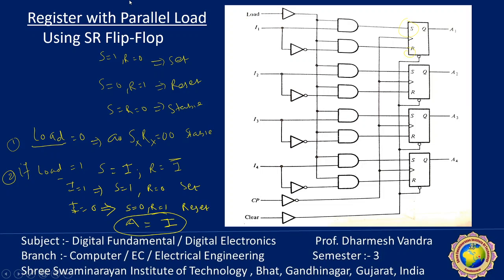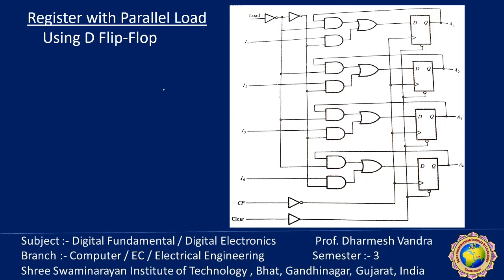Now, the same circuit is also possible with the help of another flip flop, where here a D flip flop is used. Again here, when load equal to 1 and load equal to 0, here it will become 1 and here 0. But see here, every flip flop has an OR gate, and in the D flip flop we know that the output after the clock triggering remains Q(t+1) equal to D. So this D may be 0 or 1 depending on the value of load. So the circuit behaves like this.